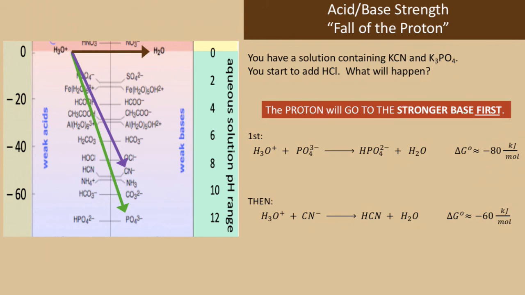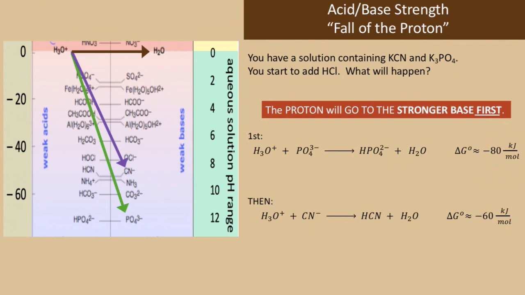HCl. What will happen? Well, the proton's still going to fall, but it will fall to the stronger base first. So we can see that PO4 is below CN minus, and so PO4 is the stronger base. The proton will fall a stronger distance, so most of the PO4 molecules will make HPO4 2 minus before the CN molecules take the proton to make HCN. You can see that the delta G naught is greater at negative 80 for the top reaction versus negative 60